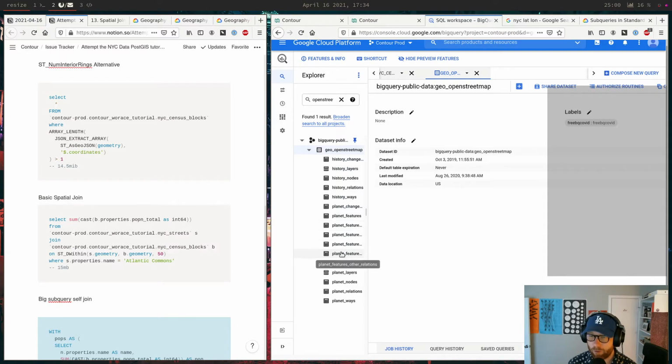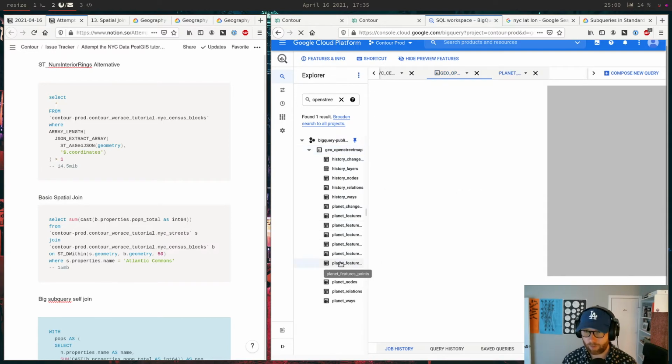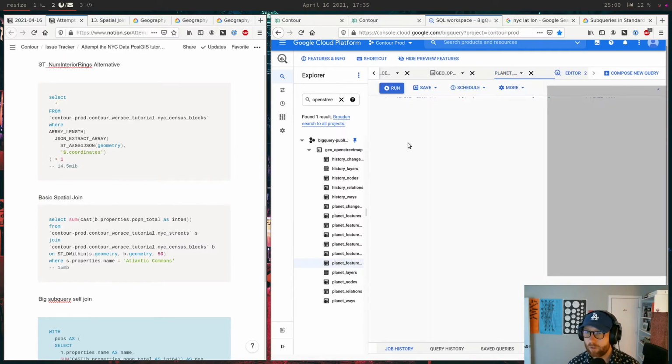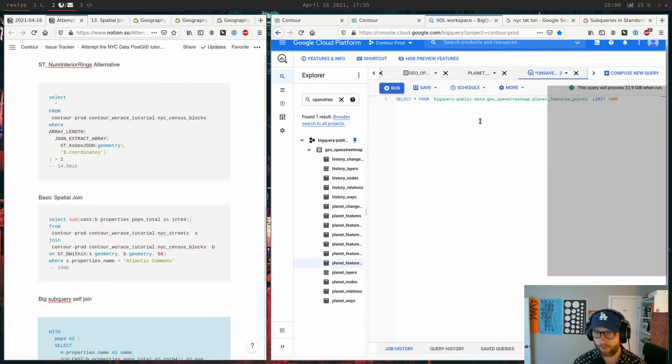Planet features. Oh, they have it broken down. Points. Planet features points. Let's see. If you just queried this one. Yeah, see, that's 22 gigs in one go.